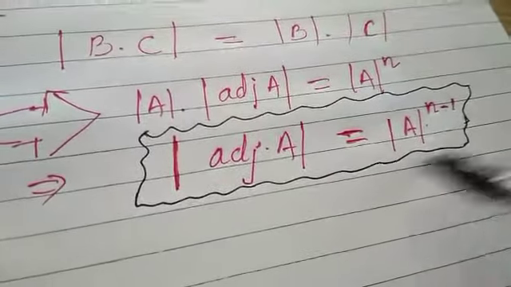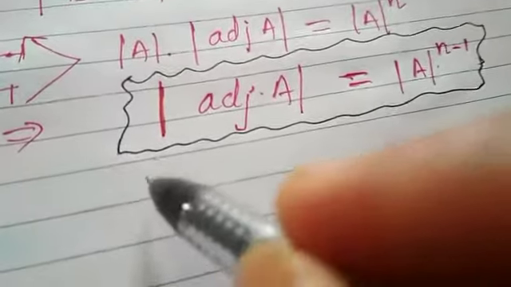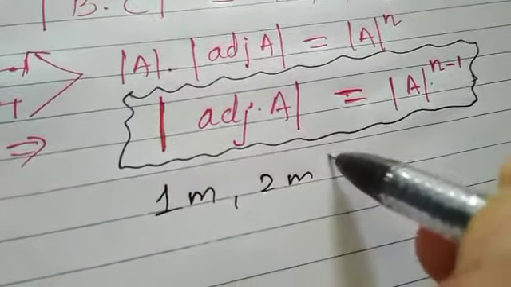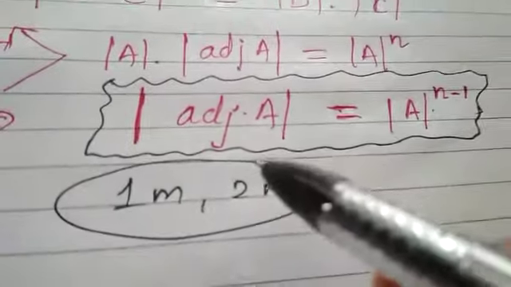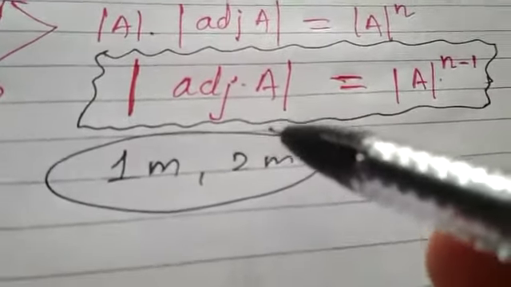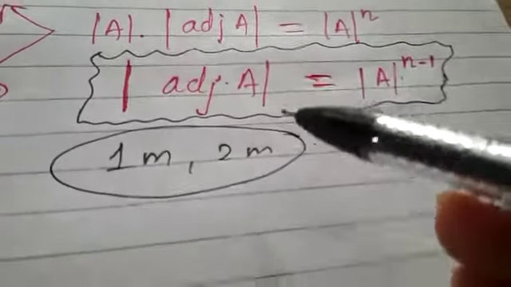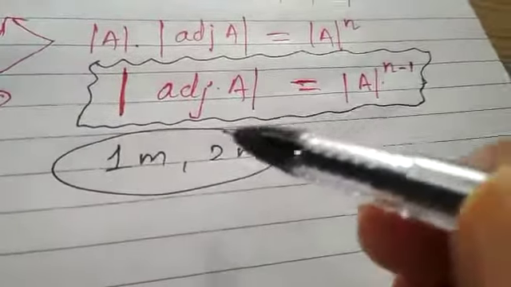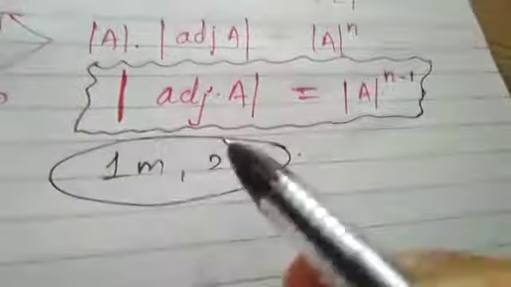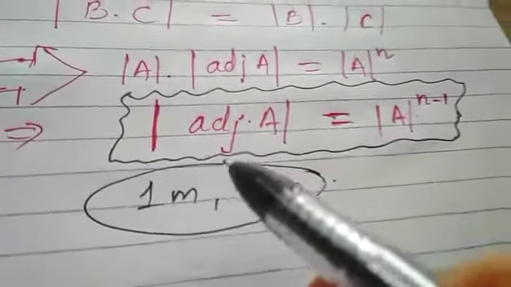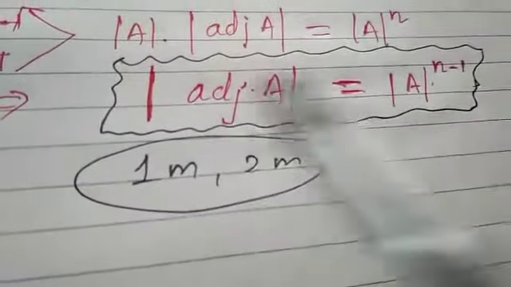Please remember this, and it can be asked for 1 mark or 2 mark questions also. They can ask for an MCQ, and they can ask for finding the determinant value if the determinant of adjoint of A is given. Or matrix A will be given, and you have to directly find the determinant. So either they will give determinant A and ask you to find adjoint of A, or once they give matrix A, then you can find anything. There is no need of this formula.